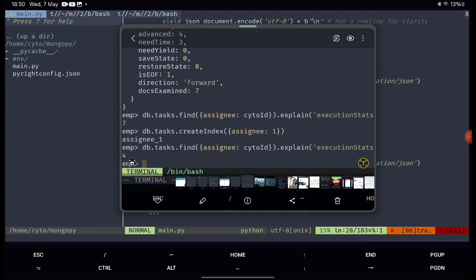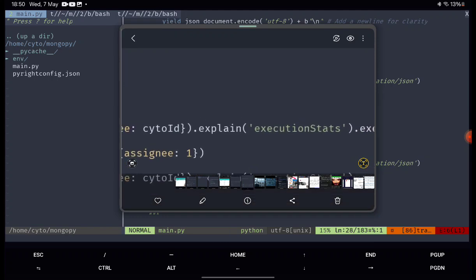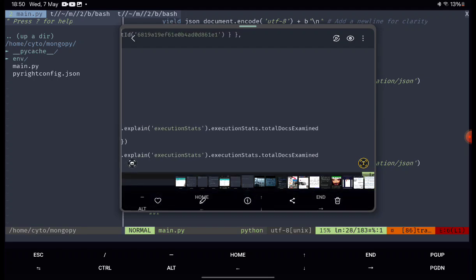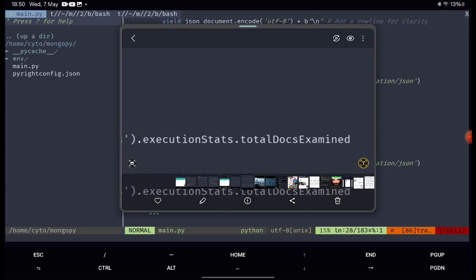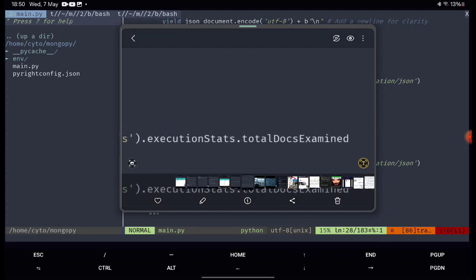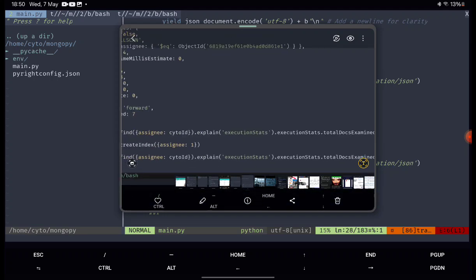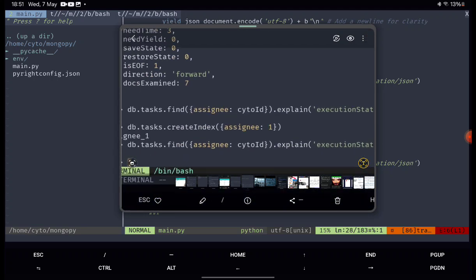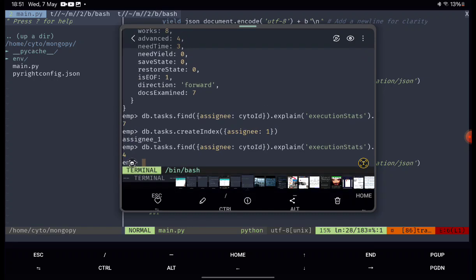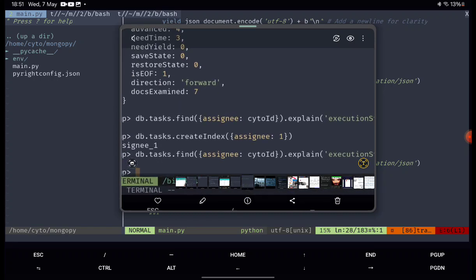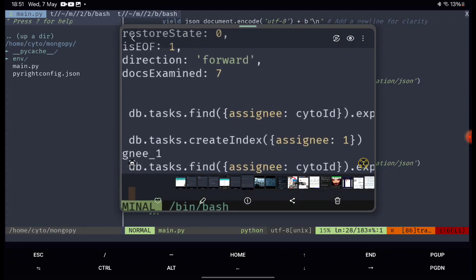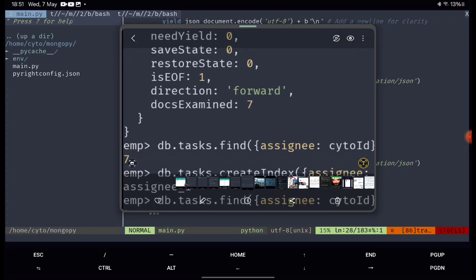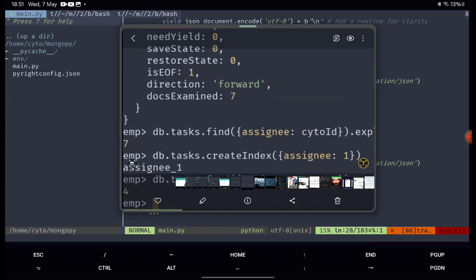So I appended this method, explain execution stats, and it got me the execution statistics. In it there is an object called execution stats, in which there is a value. So we got to know how many documents this find query scanned through in order to get to this assignee. We want to reduce this number, because it is 7 right now, but if it's thousands of documents, it will be pretty